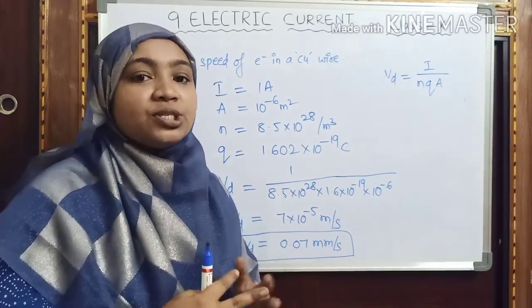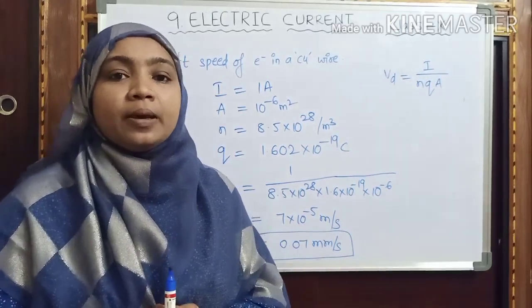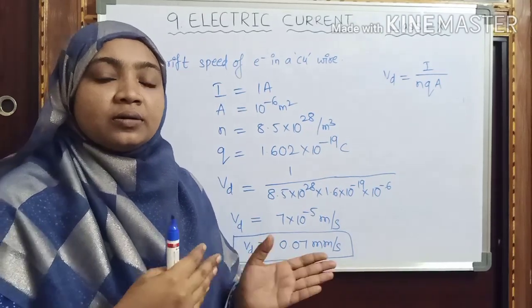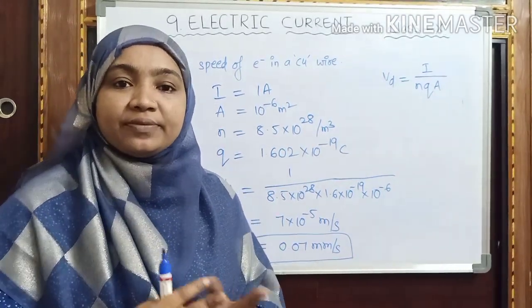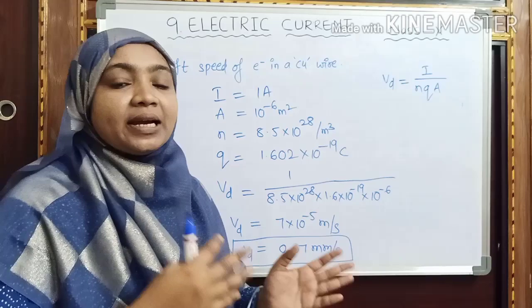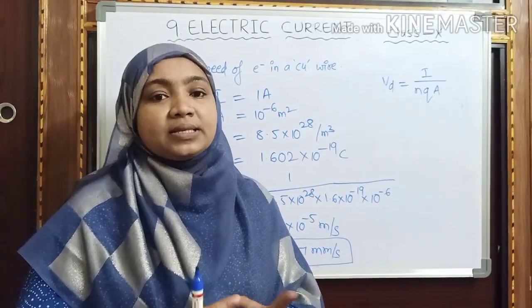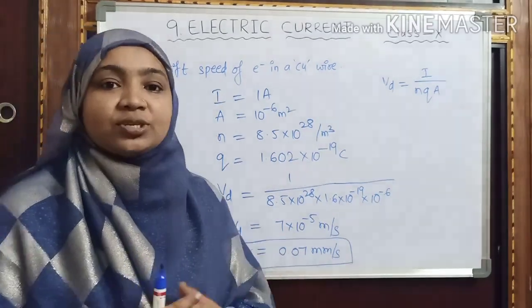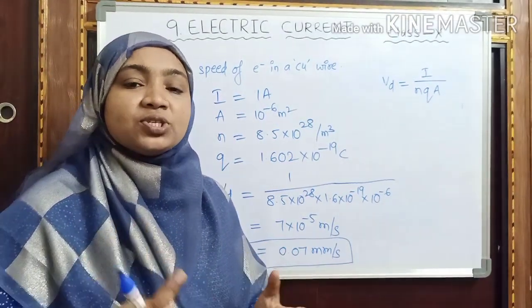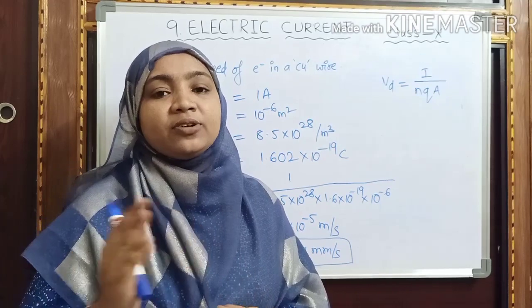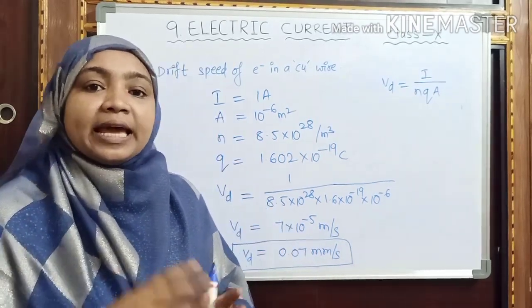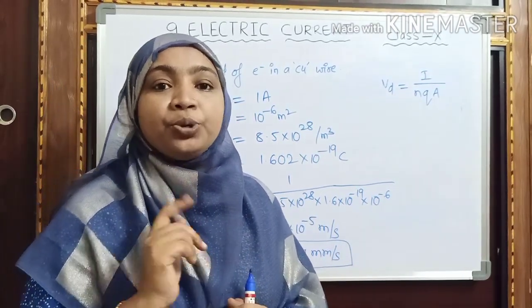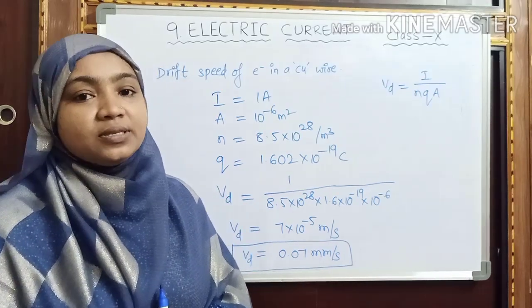It takes some hours to travel within the homes. But how can we get the bulb to glow within seconds? Within a fraction of a second the bulb will glow. Within a fraction of a second all the appliances can start working. Why are these working in a fraction of a second? Because when we switch on any electric circuit, irrespective of the length of the conductor, the electric field is applied due to the potential difference of the source.